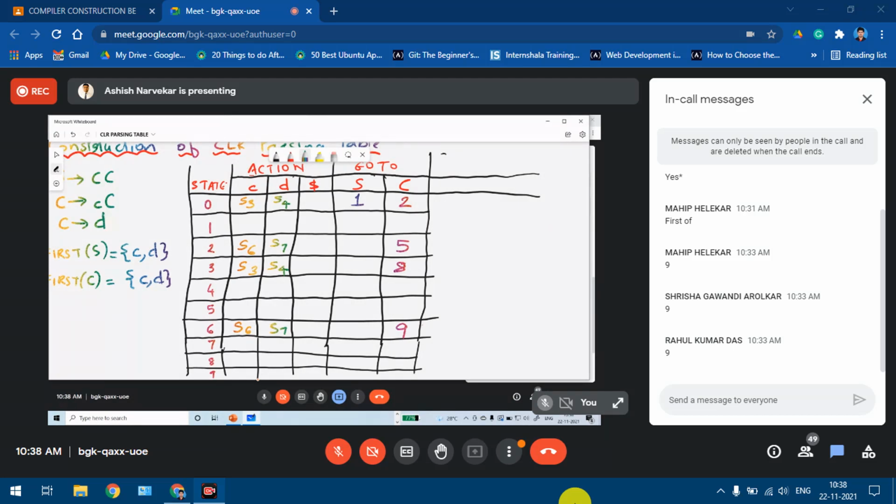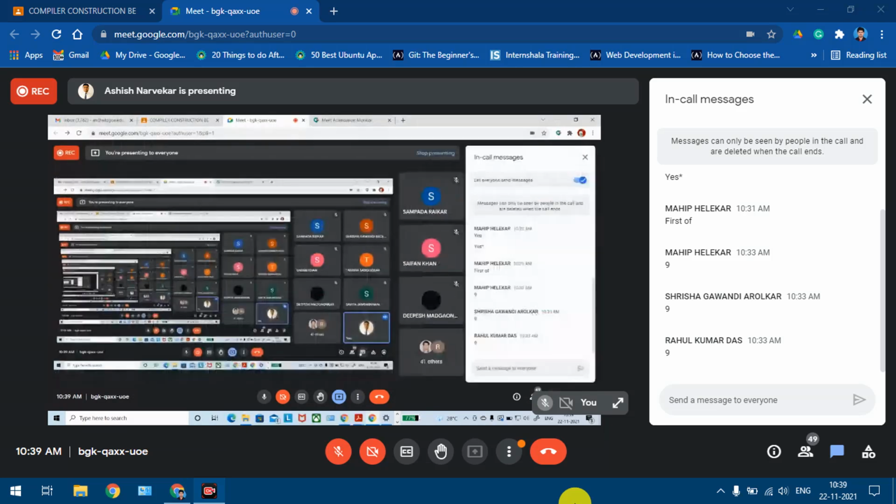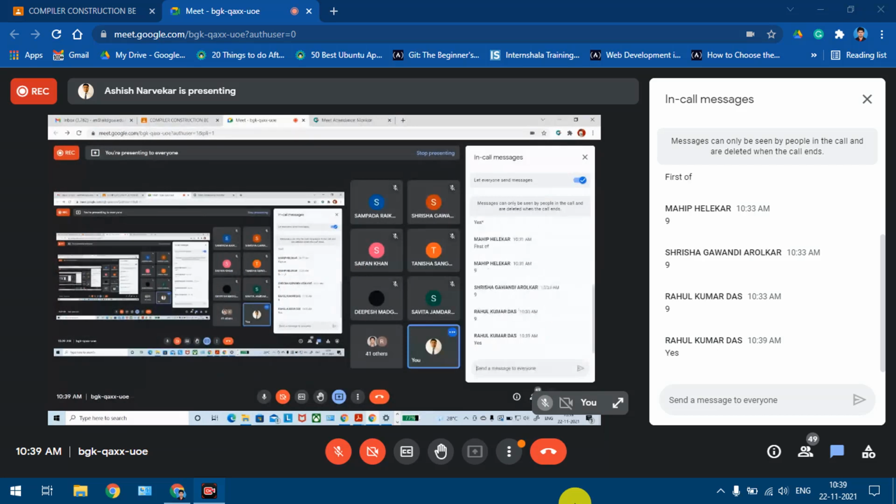Okay. So before we go to the reduce action, is this part of the algorithm for construction of the parsing table clear to you all? Please let me know. The reason I am stressing so much is because the next part, that is LALR table construction, is based on similar lines. If you understand this, LALR will be very easy. Okay, so let's continue since you have understood.